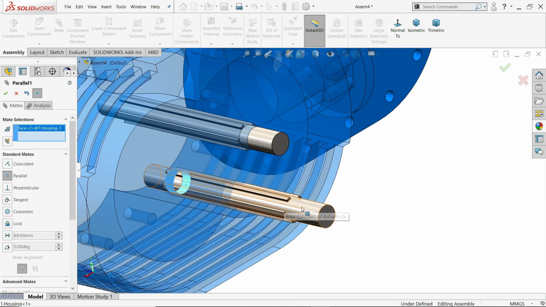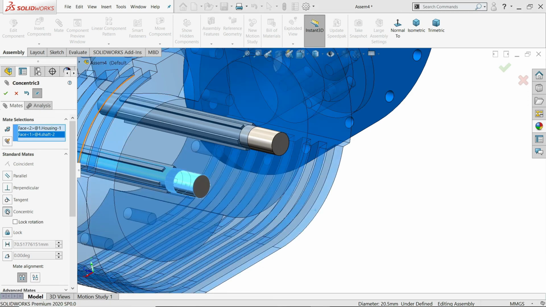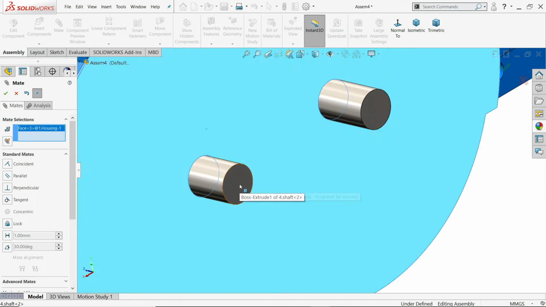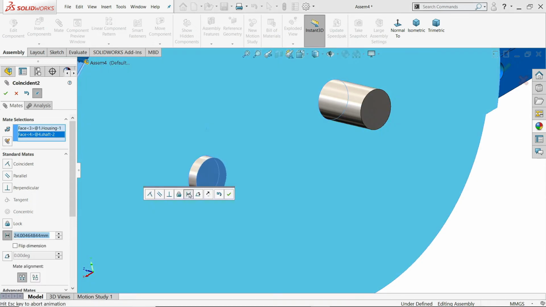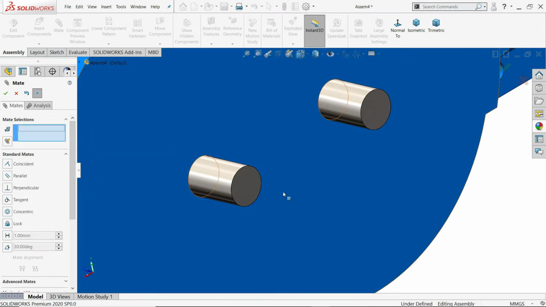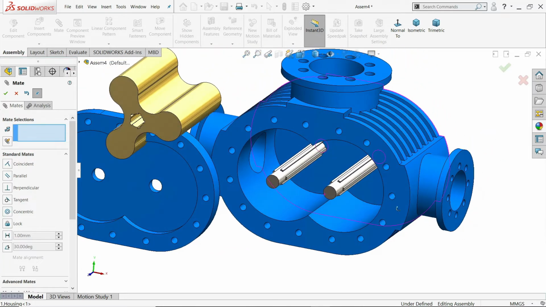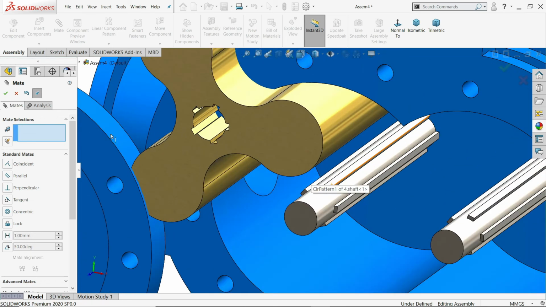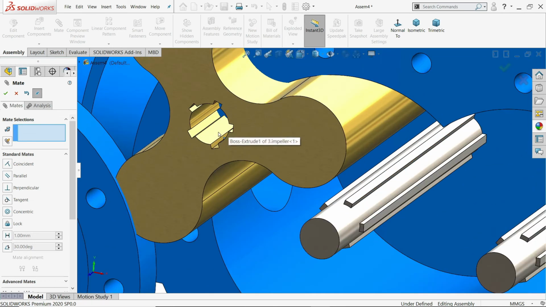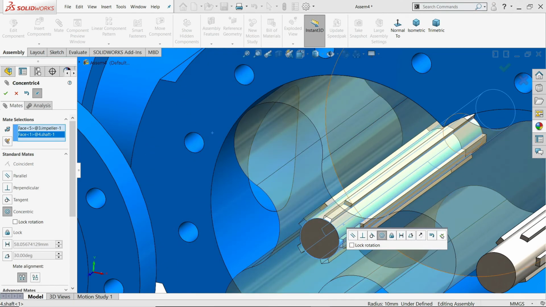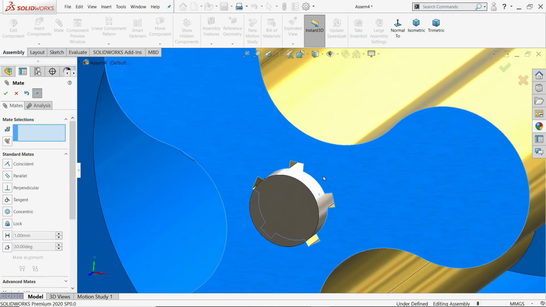Clear hole and concentric relation. Okay. Here again put distance 30 millimeter. Say yes. Okay. Now I'll drag the lock. Select this one and concentric relation. That's fine. Now let's fix